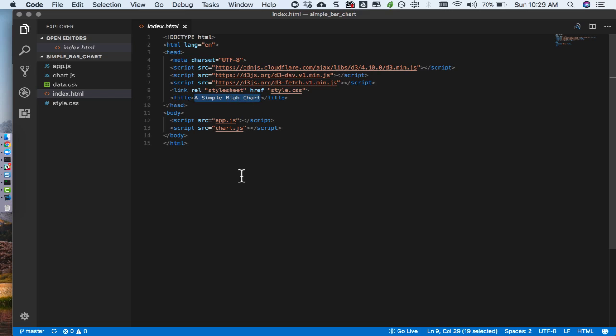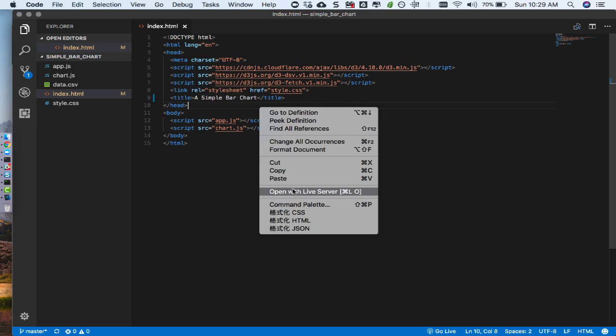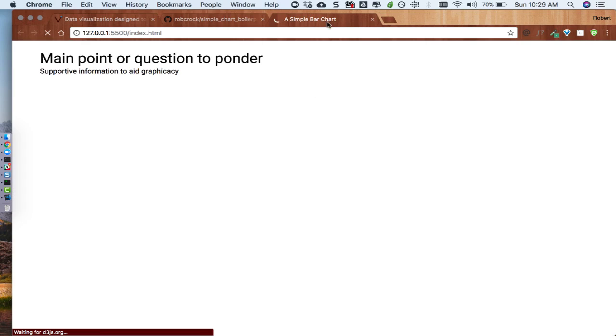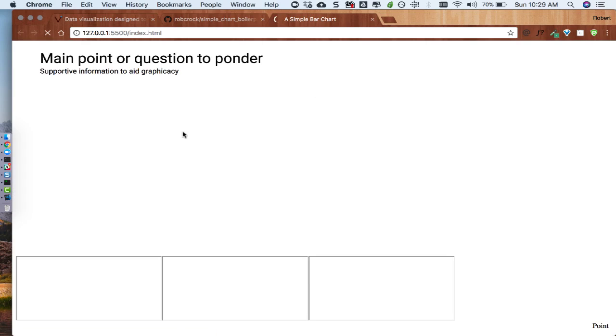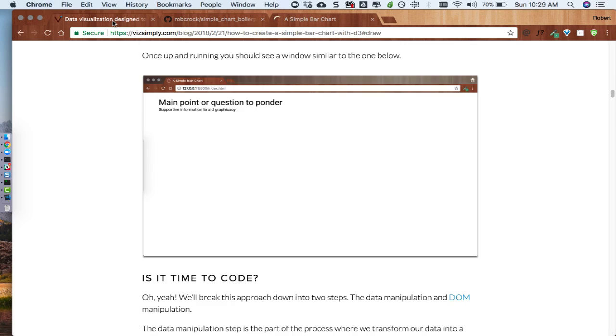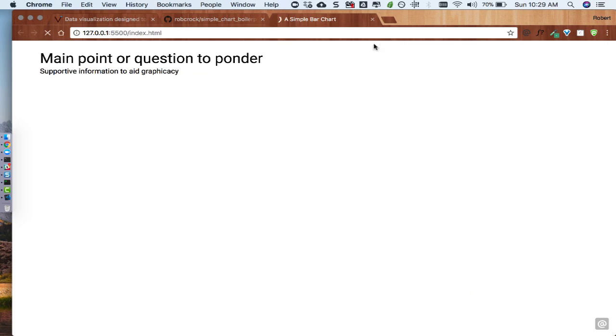So now I can kill that tab, go back to my files, index.html, and we see the title was simple bar chart because who knows what chart we're working with. I want it to be bar chart. Save. Then I'll open with Live Server. This should bring up a window in Chrome. A simple bar chart. We see some boilerplate title and subtitle, and it looks just like what I've shown you here. Now, if I press Command Option J to bring up the console,